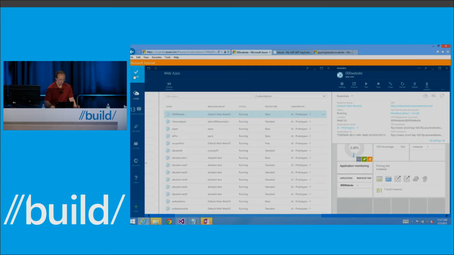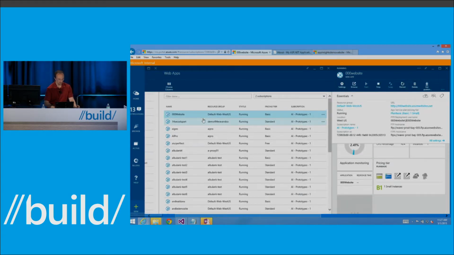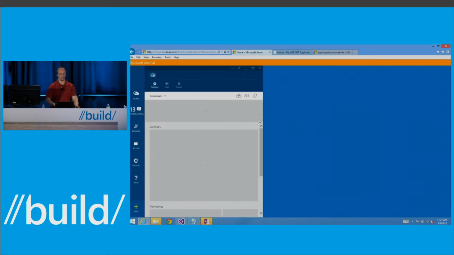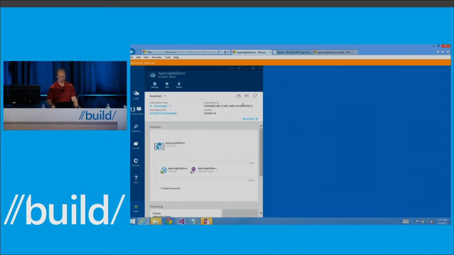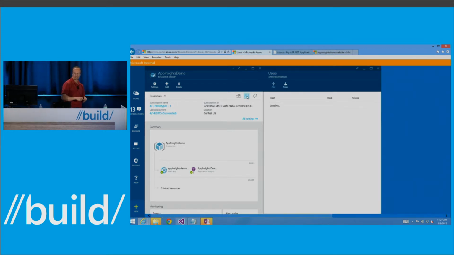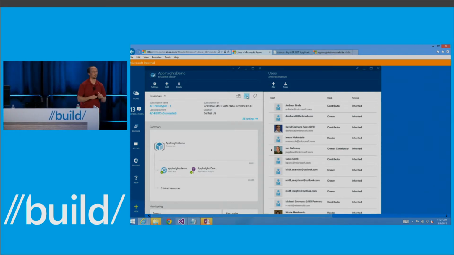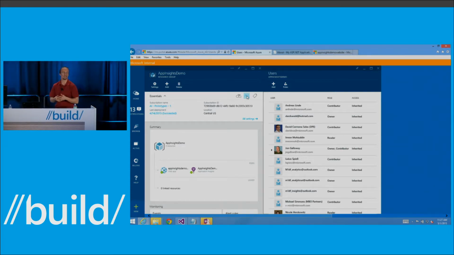So any blade, including, let's say, my resource group blade, is where I would recommend this. This is the resource group where I have my website, Azure website and App Insights component. I would recommend using the feature where I can put read, write, admin rights on the resource. In this case, you would be able to control who can see telemetry for which